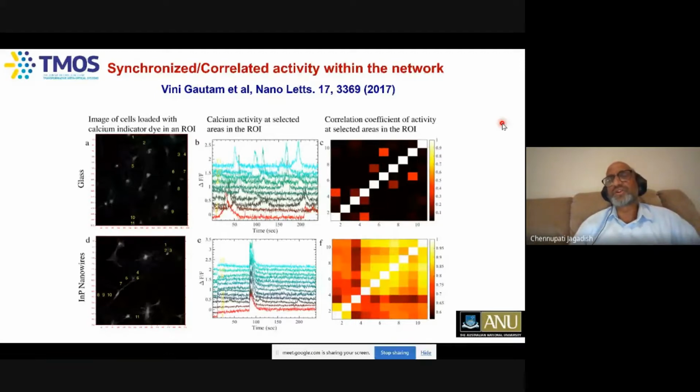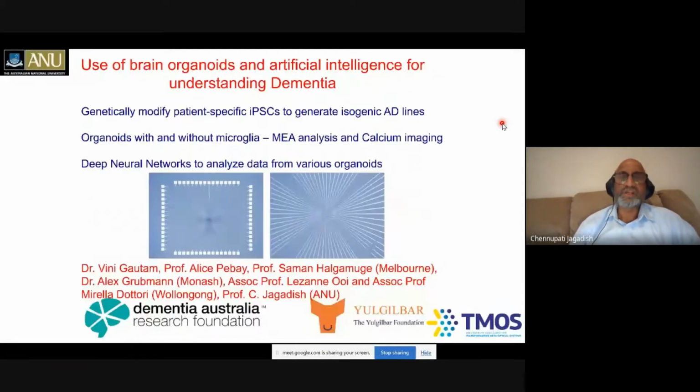And then she said she's using rat neurons. Then they said, why are you wasting your time? How about using human neurons and human stem cells? So now, in fact, we applied for some funding and we got it. And so we are working with the funding from the Dementia Australia Research Foundation and the Gilbar Foundation, working with